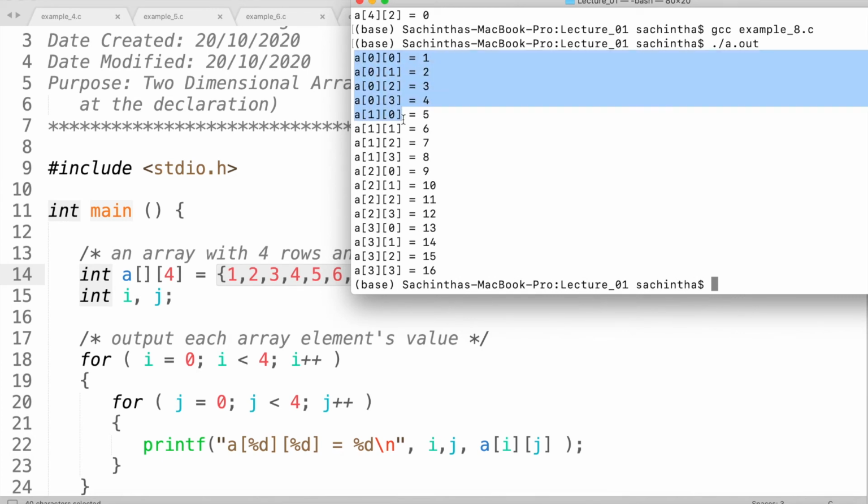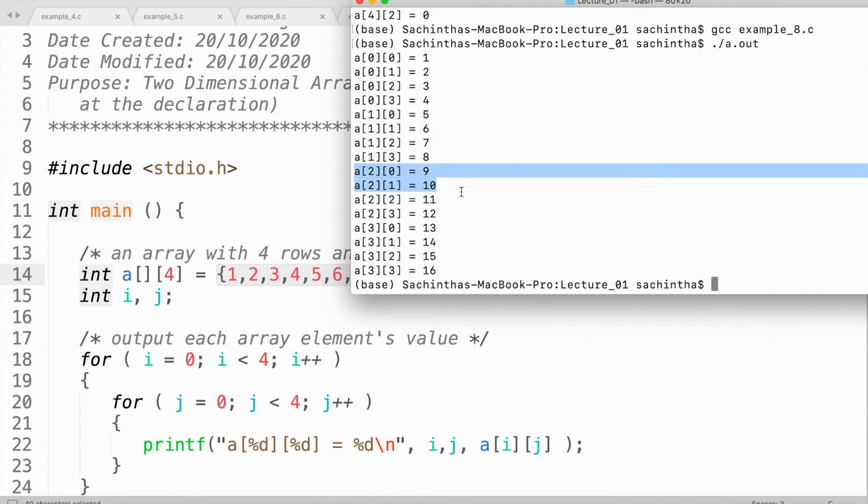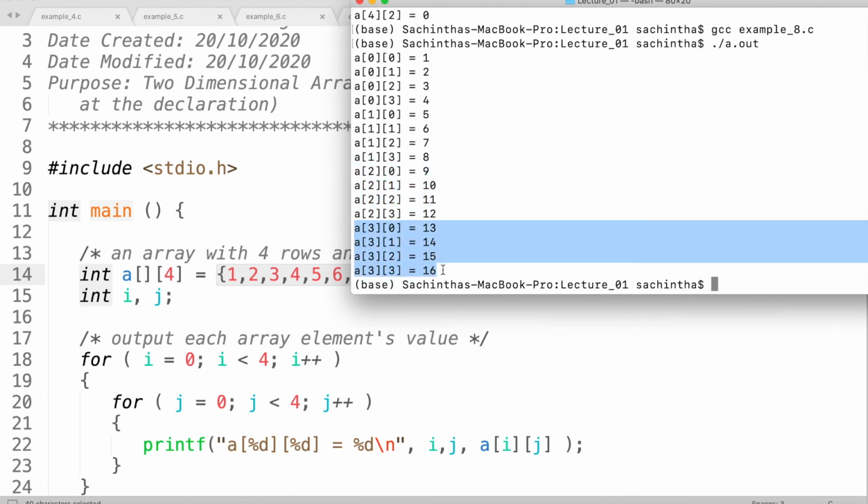Now you can see I have 4 rows. First row containing 1 to 4 values. Second row containing 5 to 8 values. Third row containing 9 to 12 values, sorry. Fourth row containing 13 to 16 values. So it is my 16 elements right now, divided into 4 rows and 4 columns.